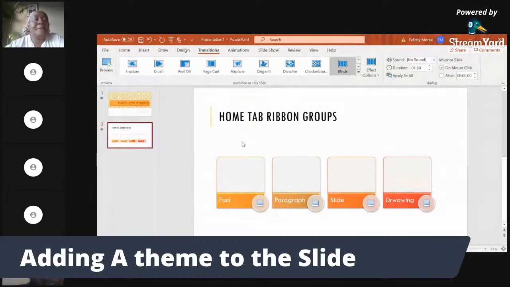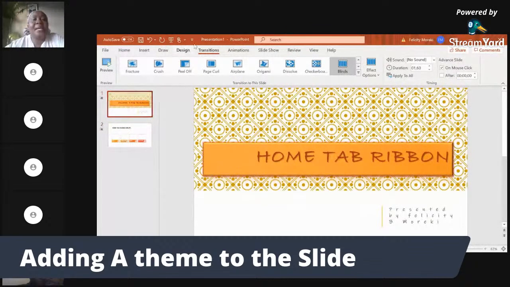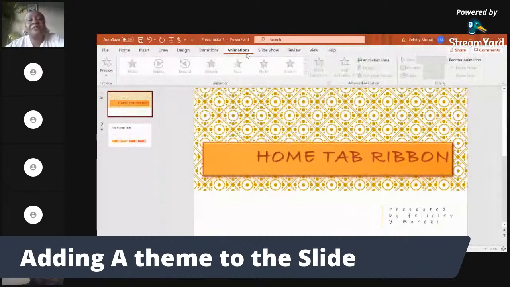Okay. Number 2, I'm going to go to the first slide and we add the animation. Check. Now, the animations are only applied to specific objects. You see, in the first slide, I haven't selected anything, and my animations look like they're not working. You see that they are off. They'll only be off because you haven't selected the object that you want to animate. So if I'm animating the home tab,